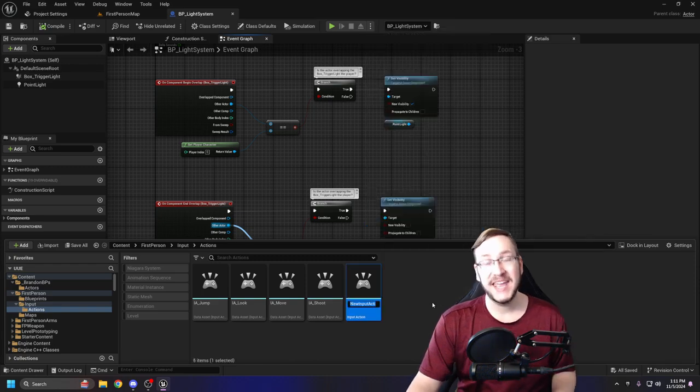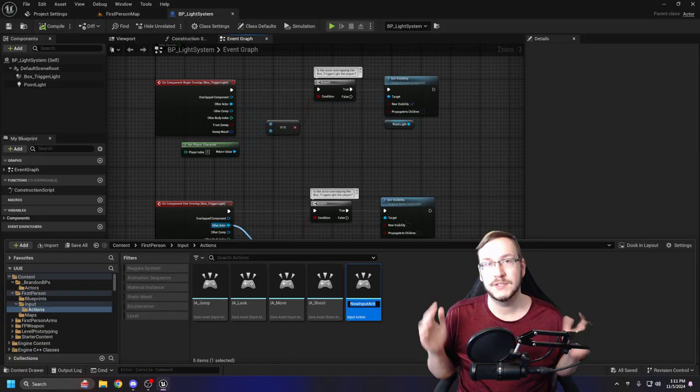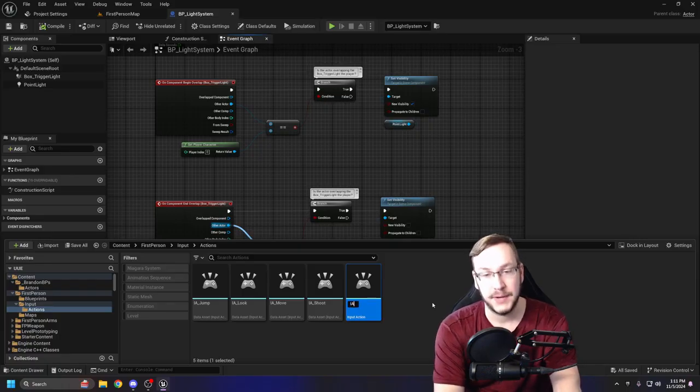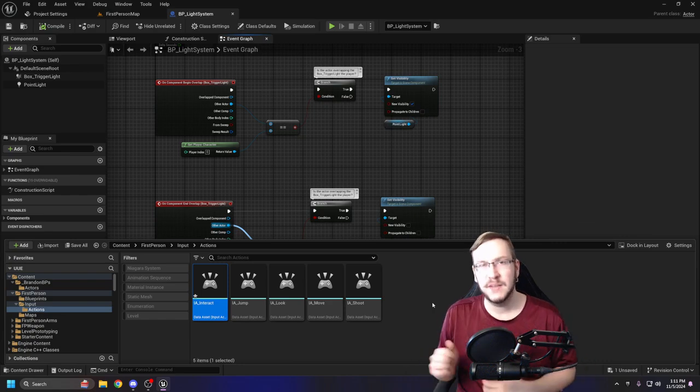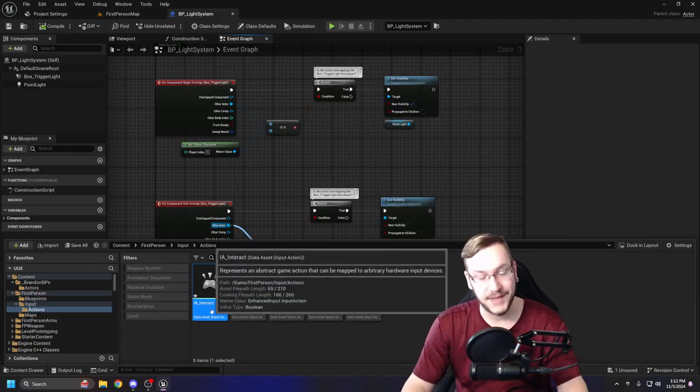input action. An input action is exactly what it sounds. It is something that takes input from a physical controller. So if you had a PlayStation controller, X, square, triangle, circle, A, B, X, Y, the analog sticks, this is how you would define that it needs to pay attention and then give it a definition on how to react. So I'm going to type in IA for input action, underscore, and we're going to just type in the word interact. This is going to be the interact key going forward, so it's going to be important that you follow along with this one. Let's go ahead and open up, actually no, let's hit Control Shift S to save all,